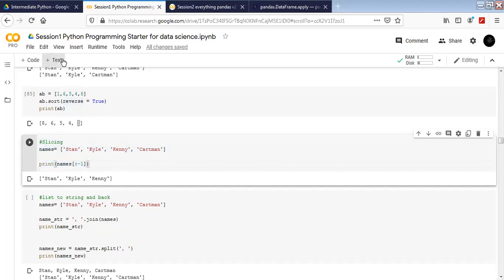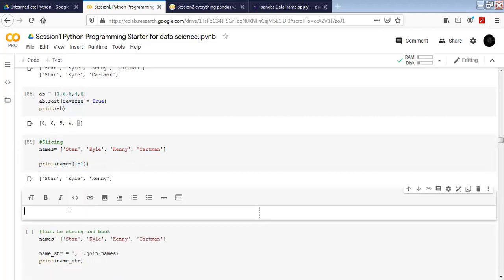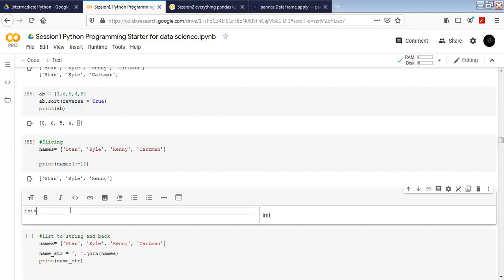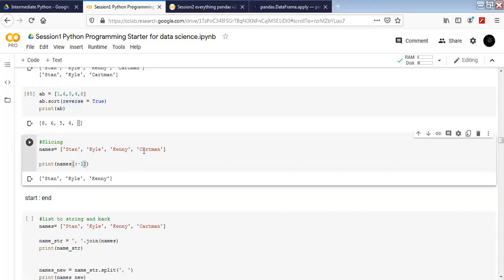I'm going to write it in a simpler manner: it starts from the given start position, and the ending is the end position minus 1. Whatever you write at the end position, it's going to stop one before it. So -1 is actually Cartman, so it's going to stop one before it, which is Kenny.